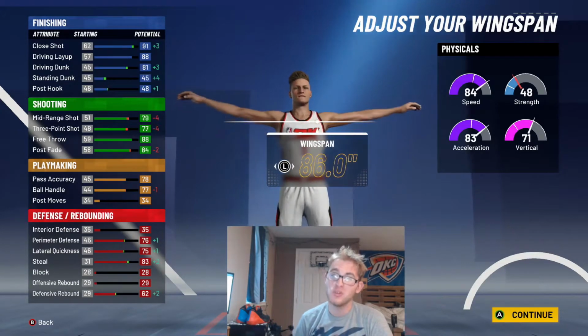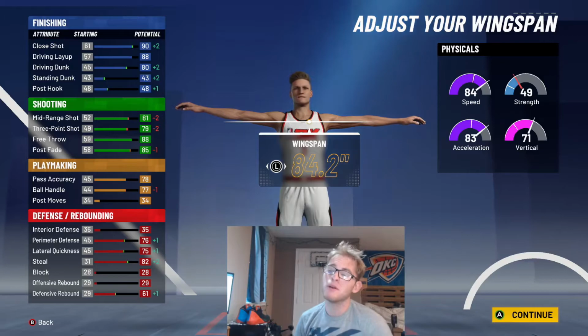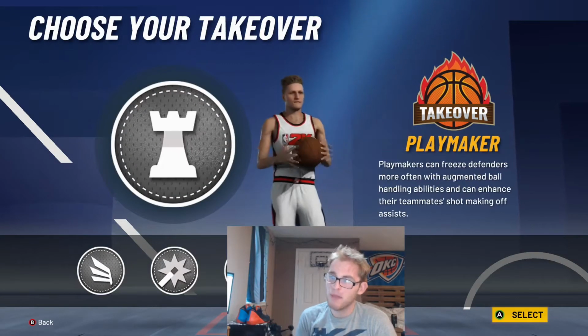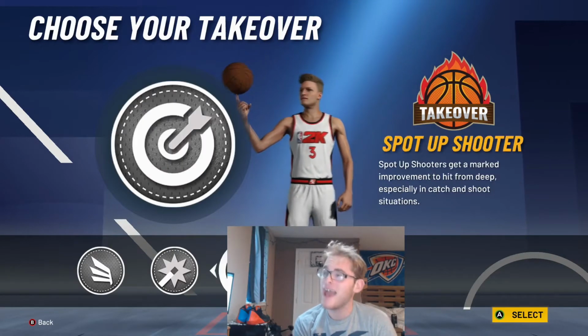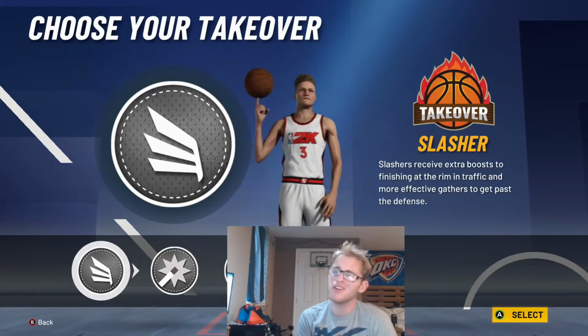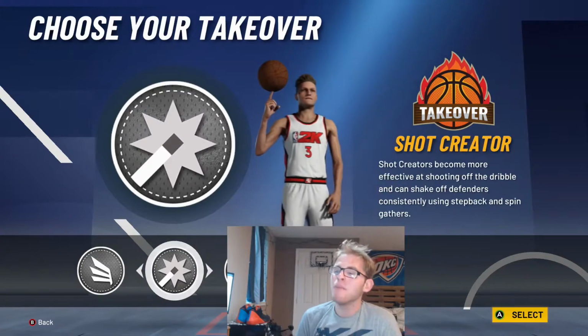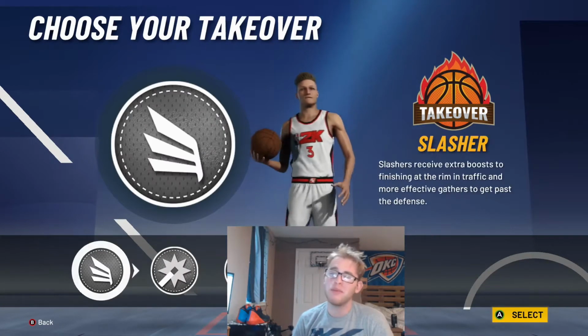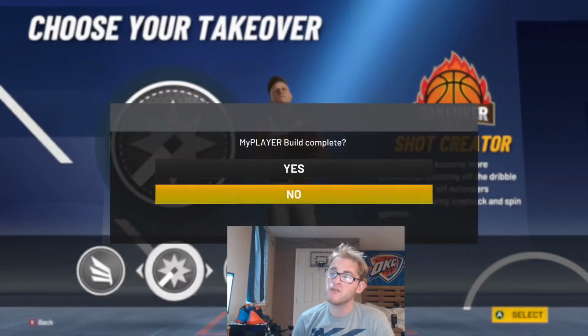You're going to have a little bit less shooting. That is an option that is completely up to you. You can pick whatever you'd like, but I'm going to go with this. Slashing, shot creating, spot up shooter, and then playmaking. I would say Bradley Beal probably has spot up shooter or shot creating. You could go slashing or even playmaking too. I'm going to go shot creating though. I feel like that represents him the most, so I'm going to go with that takeover. But again, you could pick any of these other 4, but we're going to go with this shot creating takeover